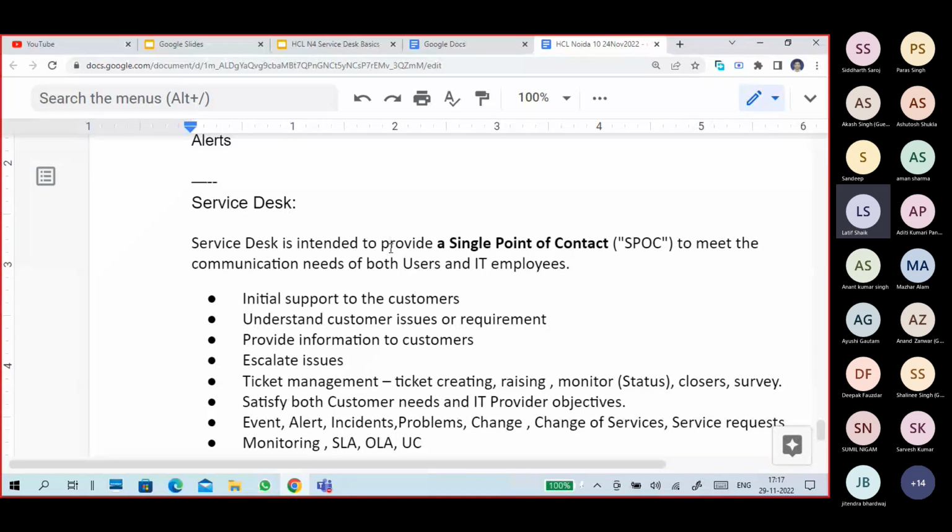So the customer got a problem with your certain infrastructure or some issues. He will raise the ticket. He will raise an issue. So you will get that information. You are directly involved to resolve the issues. So here you don't forward it. You don't raise the tickets. You will resolve the issues. Okay. You are also a service desk analyst, but still you are the direct contact to resolve the issues. You're not an intermediate person. You directly communicate to the customer and try to resolve the issues from your side only. Okay.